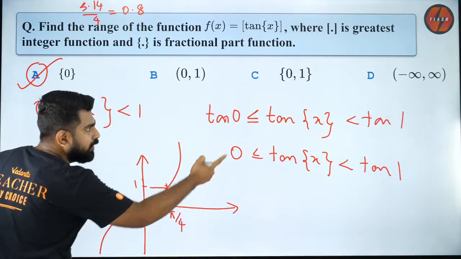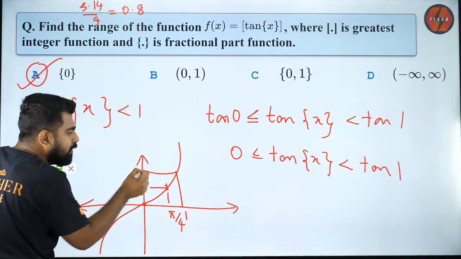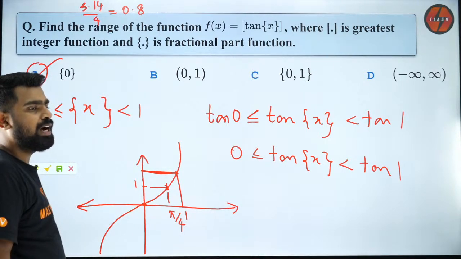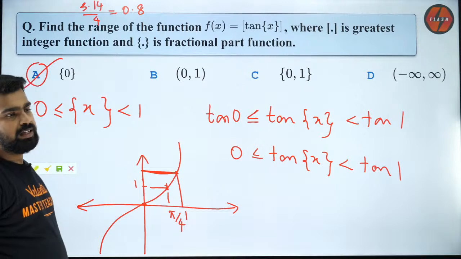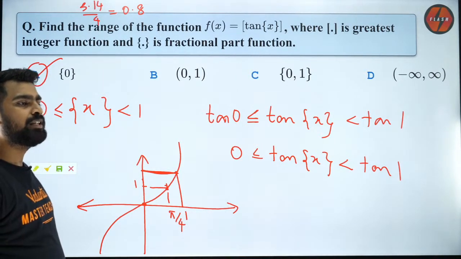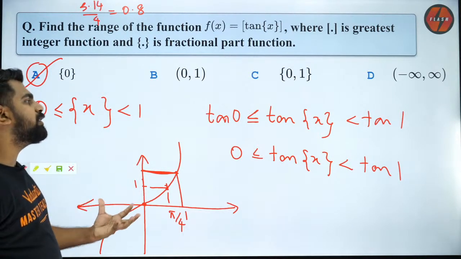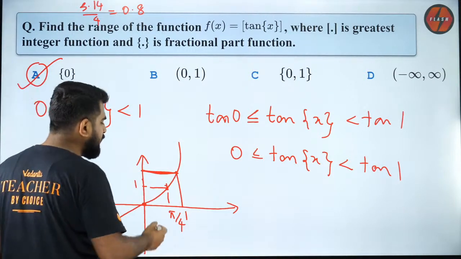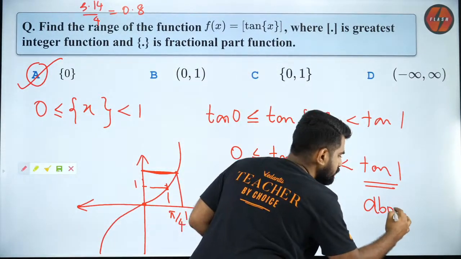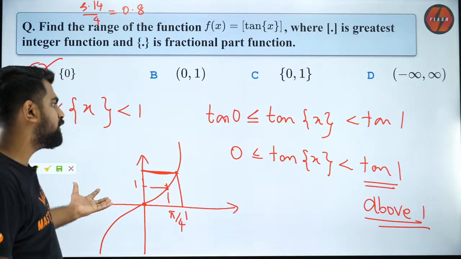So can I say tan 1, that means 1 will be above this. So can I say tan 1 will be more than 1? Are you all clear with it? Guys, I'm not saying tan 1 degree. You are all writing tan 1 degree. This is tan 1 radians. So guys, do you all agree this value is above 1? This value will be slightly above 1. Are you all clear with it?